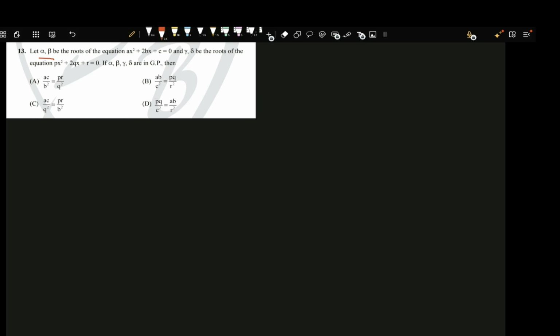If alpha and beta are roots of this equation, and gamma and delta are roots of this equation, and these are in GP, then this. You can pause and try to solve this question. It's a bit tricky, but I think you can solve it. Let's go ahead and solve it. So from quadratic equations, I know alpha plus beta is minus 2b upon a, and alpha beta is c upon a, right? Similarly, gamma plus delta is